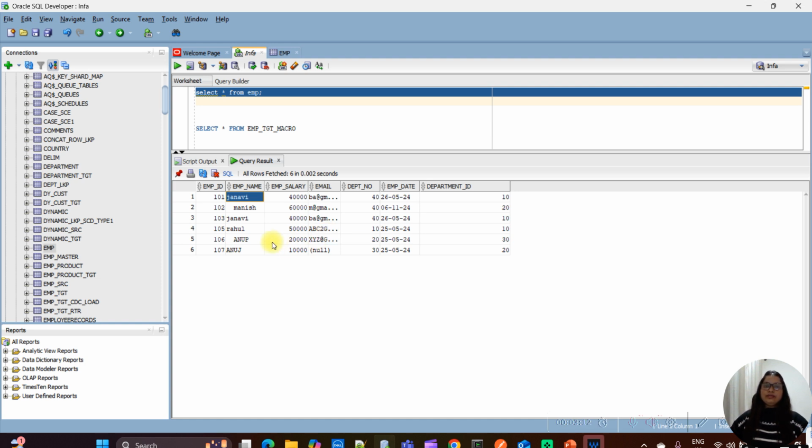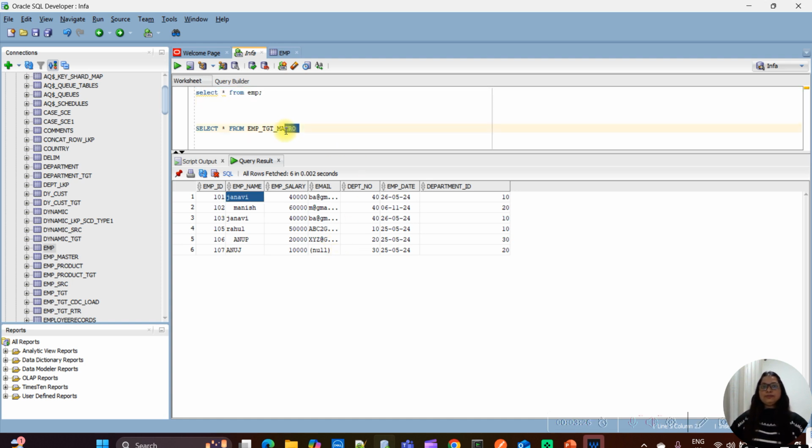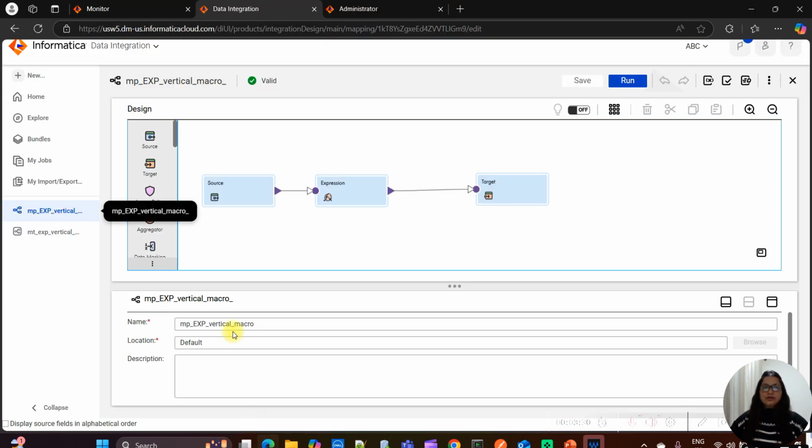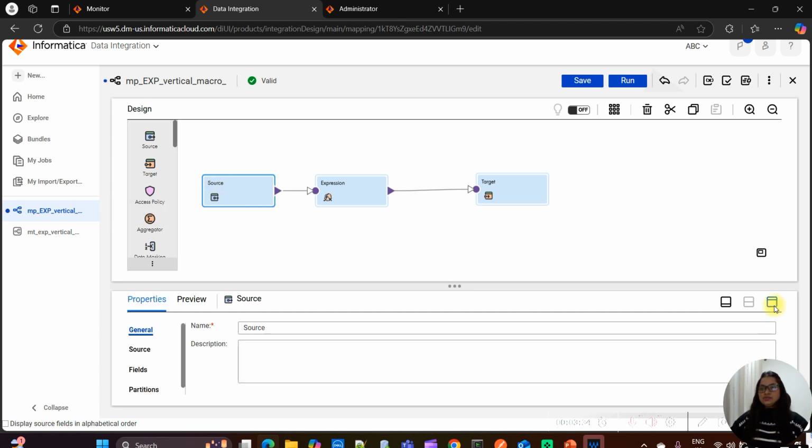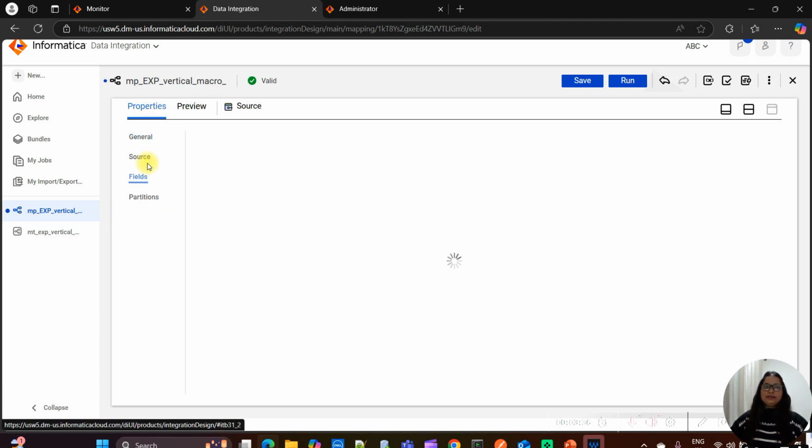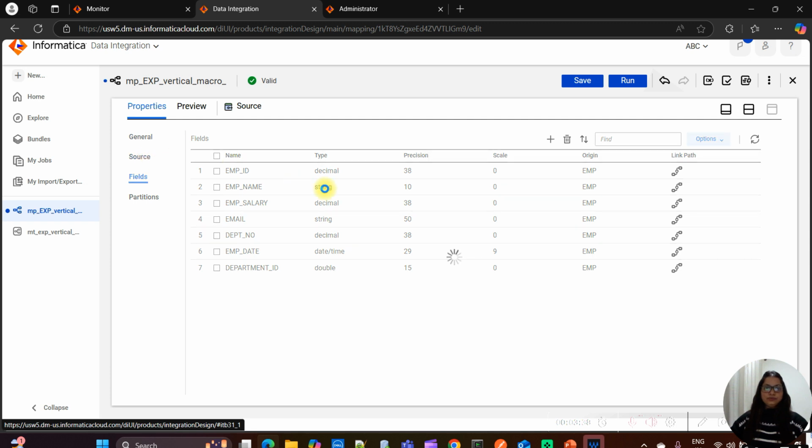So what we are doing here is performing some data cleansing operations, and in real time also, if there are 500 columns, you do not need to write the logic 500 times. Instead of doing that, we are using the expression macro here. Let me explain how we can achieve this scenario. This is my source. I took the employee table which I already showed you,